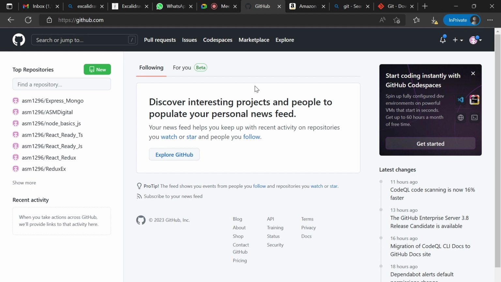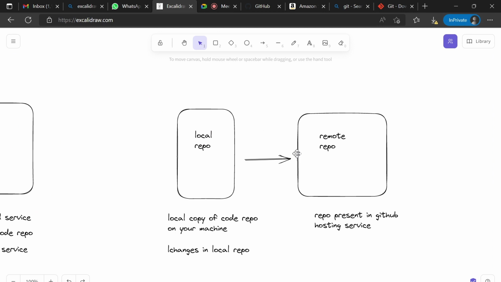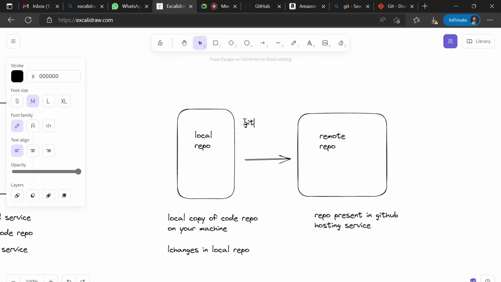So whatever I'm doing here, pushing these changes or migrating these changes from local repo to remote repo, I need to authenticate myself, correct? I need to authenticate that I already have a GitHub account, and please push these changes to my remote repository. So I need to give my GitHub credentials here.